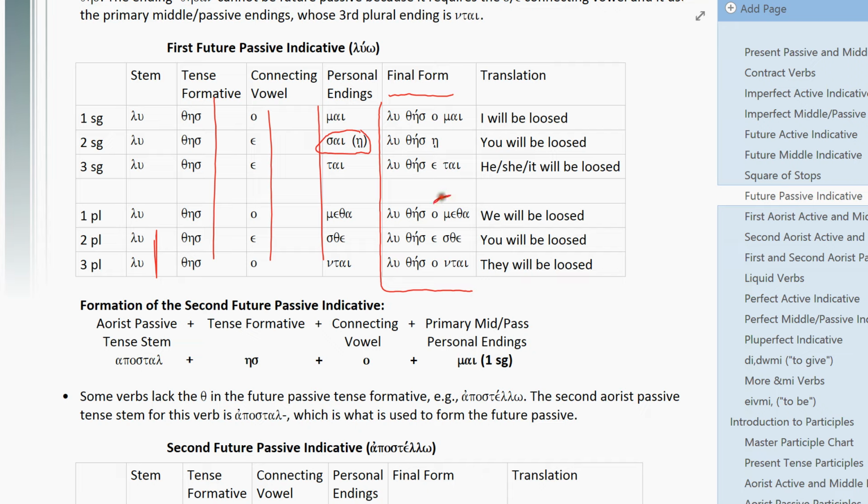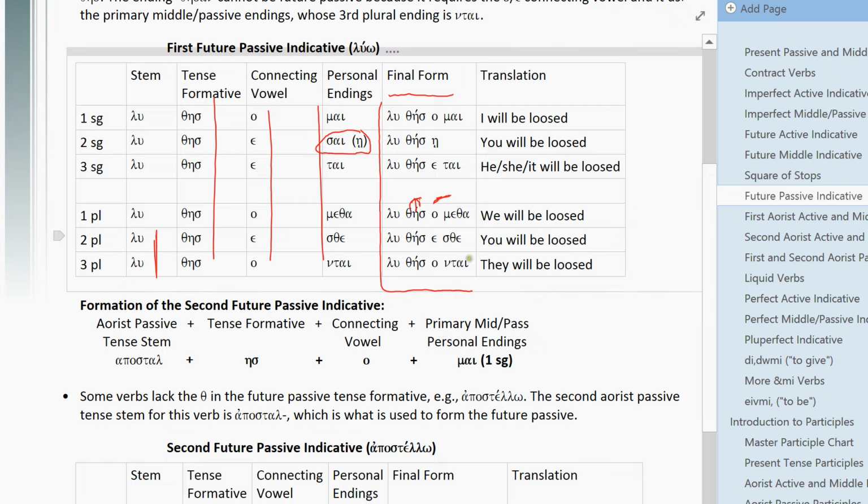Actually, I believe the accent should go right there. That looks like a typo. Luthesomatha, luthesitha, that one's tough, and luthesontai. So